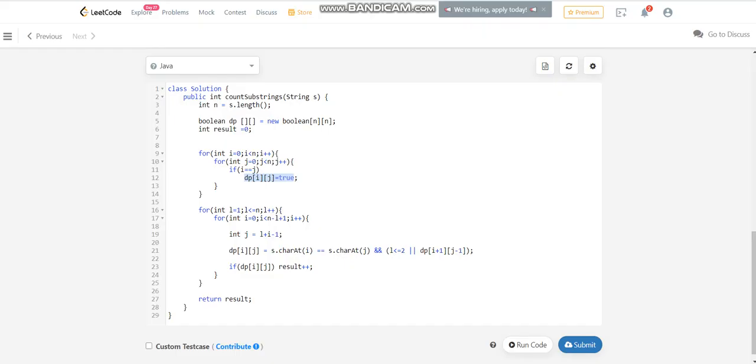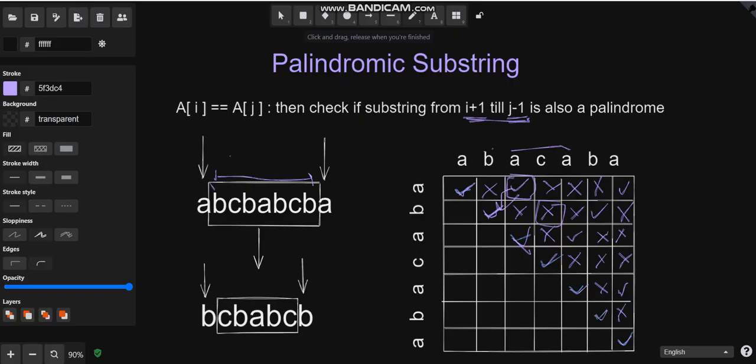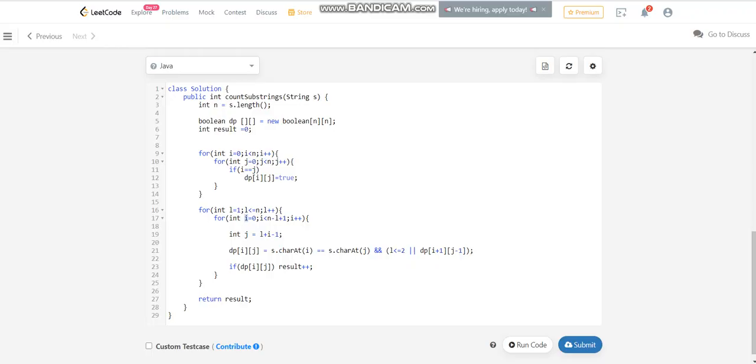Followed by which, I am going diagonally. Okay. So every time I will be exploring this cell, then this cell, then this cell, then this cell. Okay. And the condition remains the same.